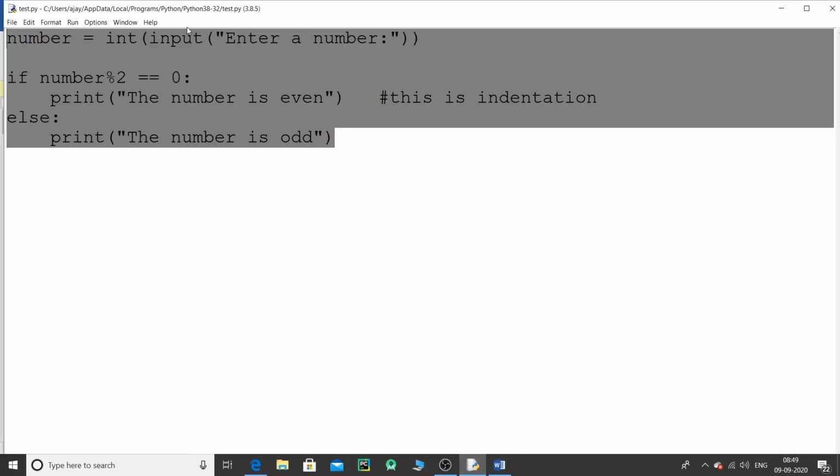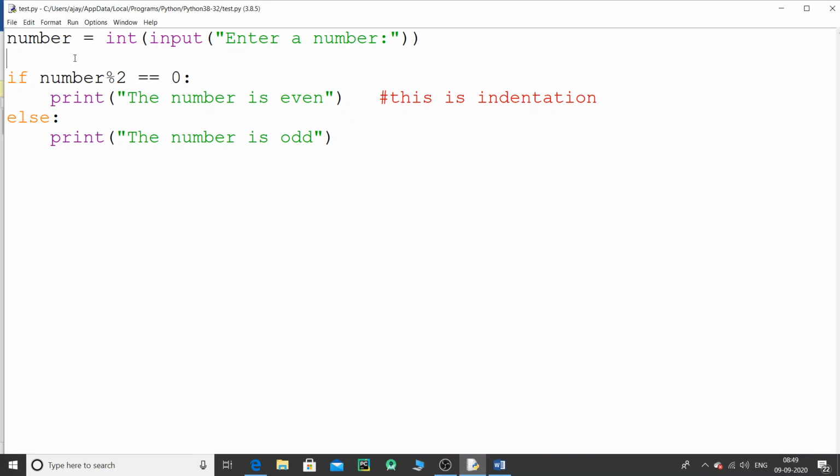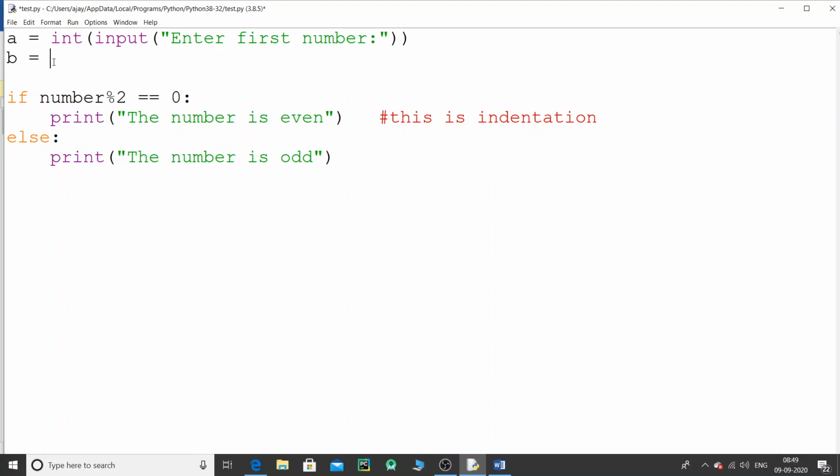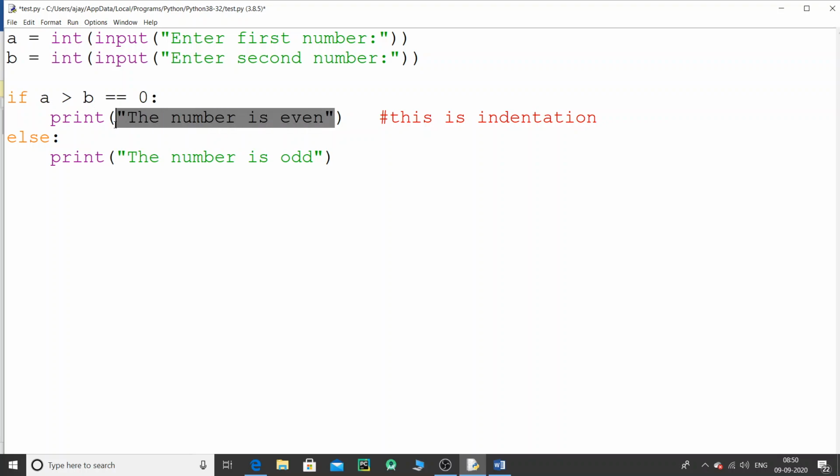And then we can do one more program, that is to check the largest of two numbers. So I will take number 1, or simply I will say a out here. And I say enter first number, and I will take b, just copy this and paste it, and I say enter second number, and then I can say if a is greater than b. Okay, if a is greater than b, I can print a message like this, that is a comma is,